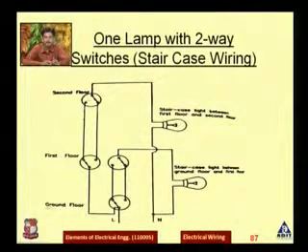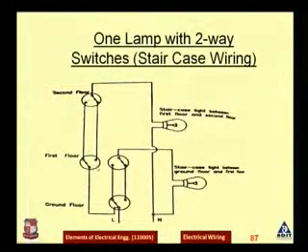Now when I start climbing from the ground floor to the first floor, I will require this lamp. Now whenever I start climbing from the first floor to the second floor, I need to switch off this lamp and I need to switch on this lamp. So what I should do, I will have to put two switches on the first floor, because one switch will switch off lamp 1 and this switch will switch on the second lamp, right? So this way I can do the connection in which one lamp is controlled by the two-way switch.